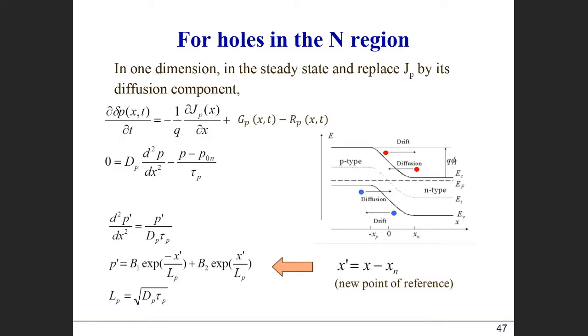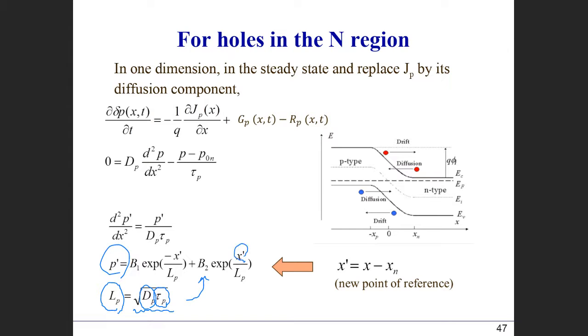One is a diffusion coefficient, and this one is a carrier lifetime. Especially, τp represents the hole lifetime. So if you have this square root of Dp times τp, that represents the Lp. And in the exponential term, if you look at the carrier concentration in here, the Lp represents